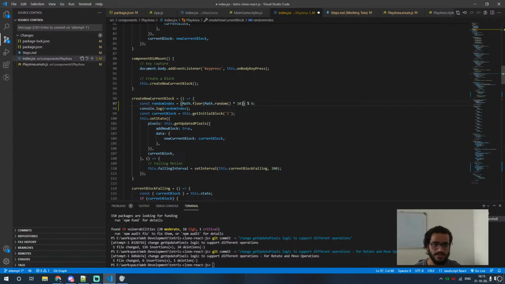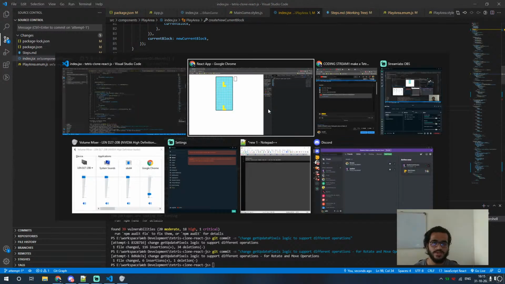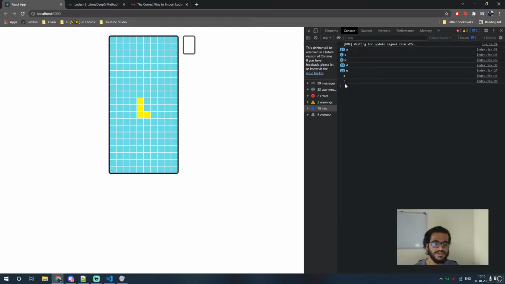Zero is unnecessary. What should I do? Okay, so Math.random will generate a random number. It will be multiplied by 10. Then there will be the float function, which will convert it to an integer, and then we'll mod it by 6. So we always get a number which is